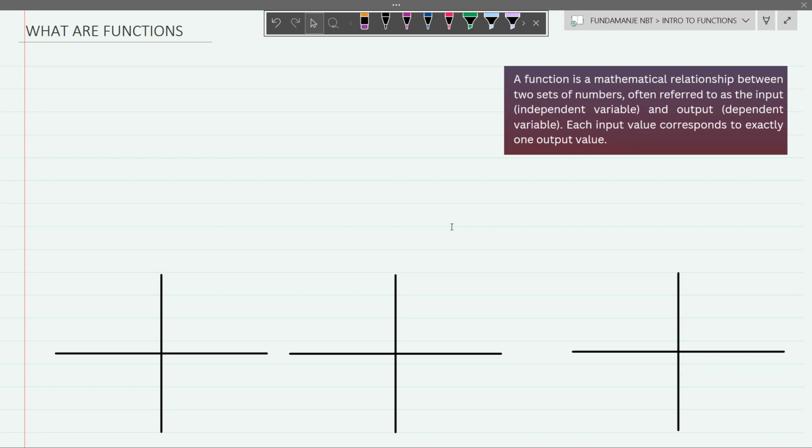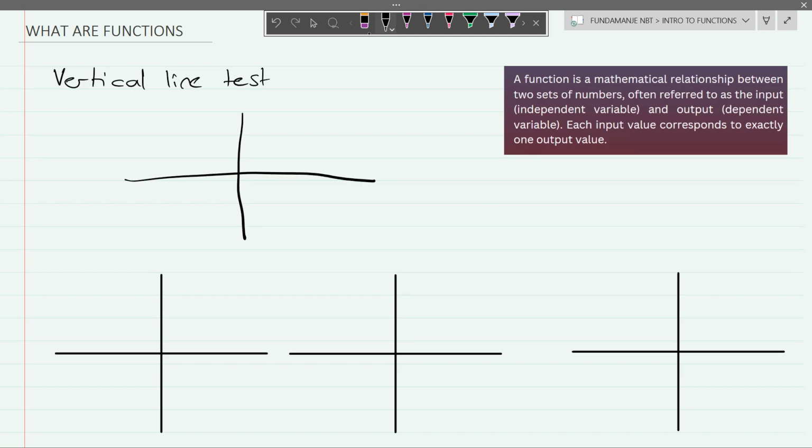So first we're going to start off with the vertical line test. The vertical line test helps us to determine whether we are working with a function or not. So how does it work? Given a function, let's say this parabola like this, if we draw a vertical line at any point within the domain of this function, we should only intercept the function once